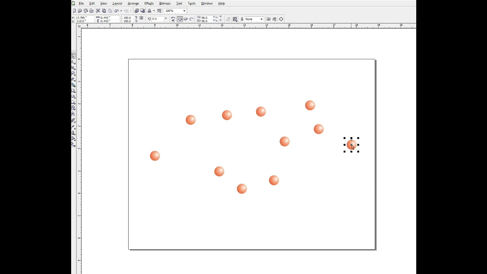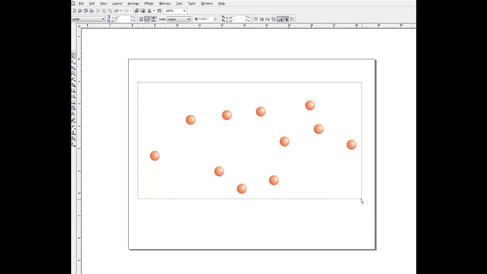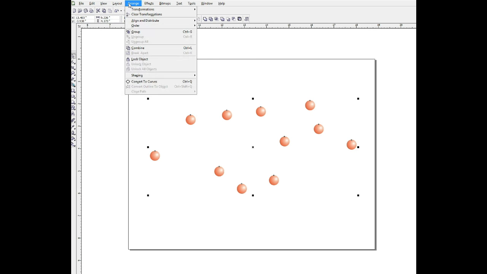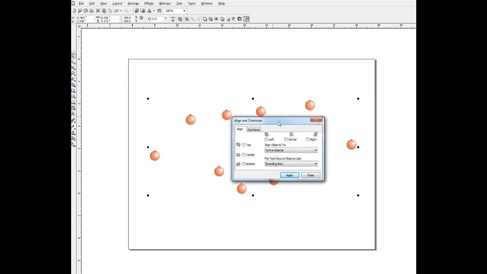I want the limits of my pattern to be from here to here. So let's see how this command works. I'm going to marquee select these. I'll go up to align and distribute right here, and then distribute here,